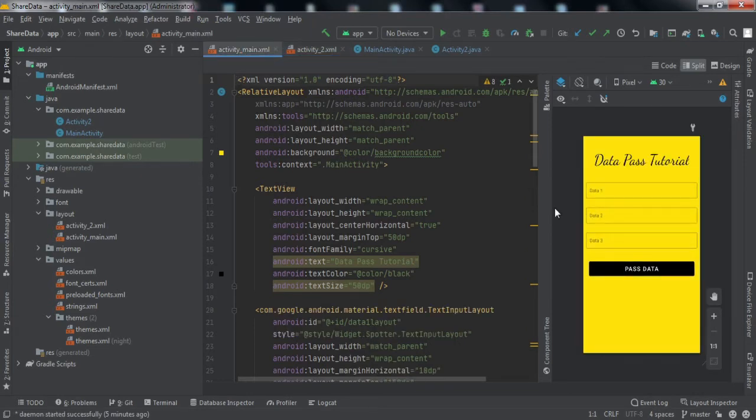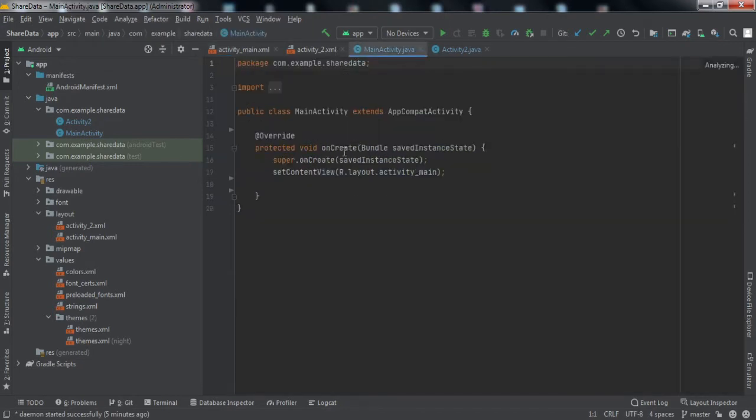So there's nothing fancy in the layout or the XML file, the front end. So we'll quickly dive into the backend code and I'll be explaining how to do all this stuff. First I'll write down all the code, then I'll be explaining what we have done.